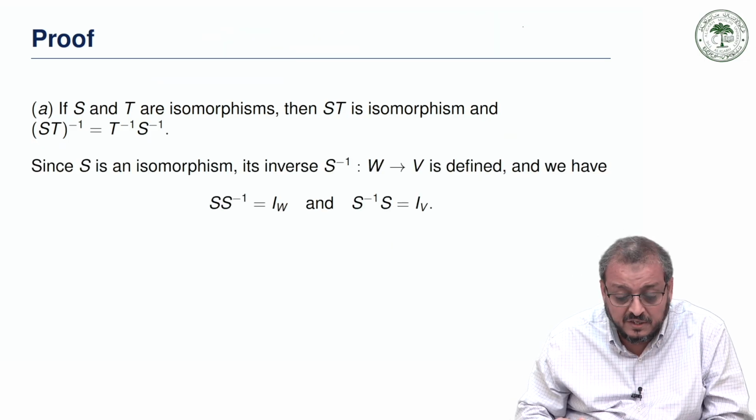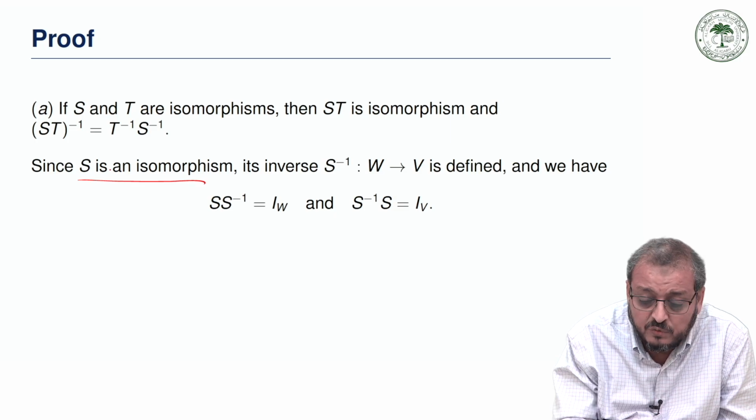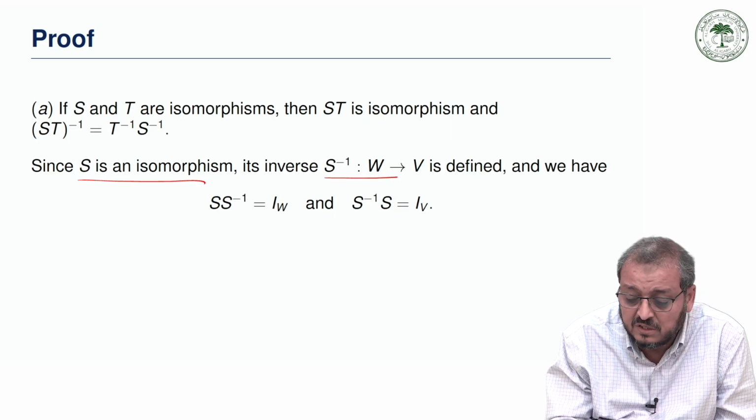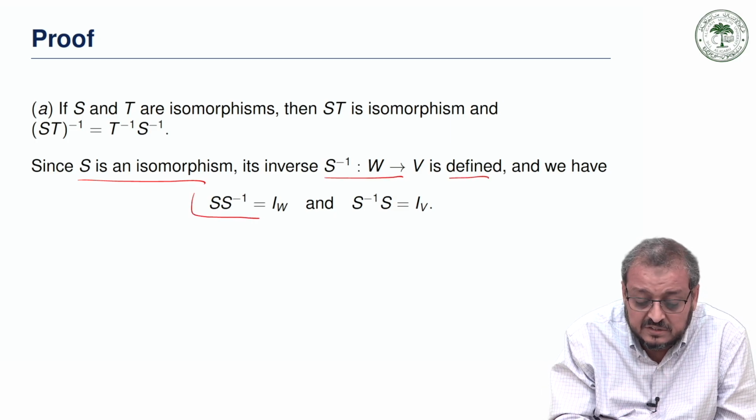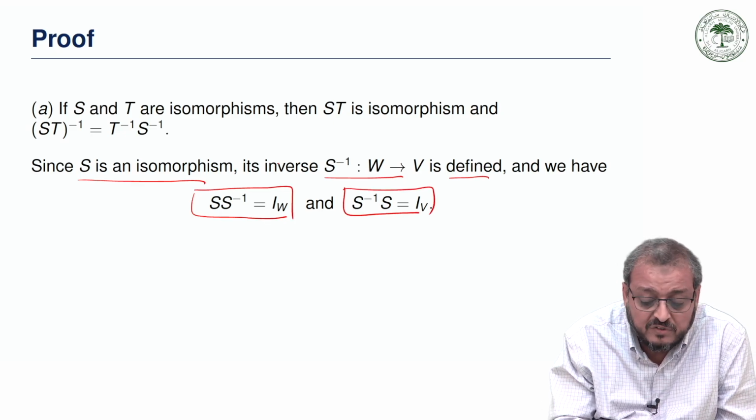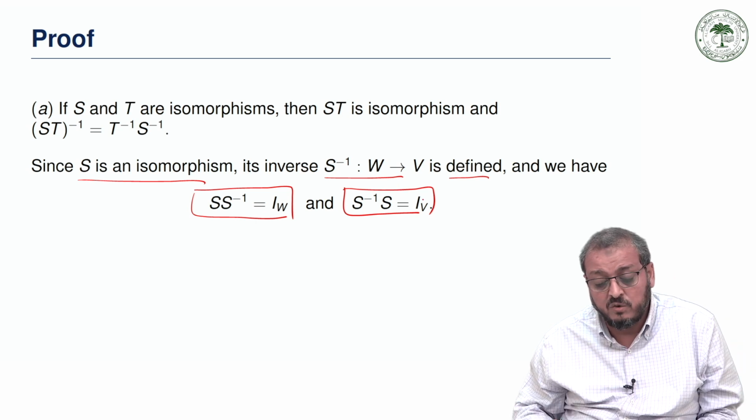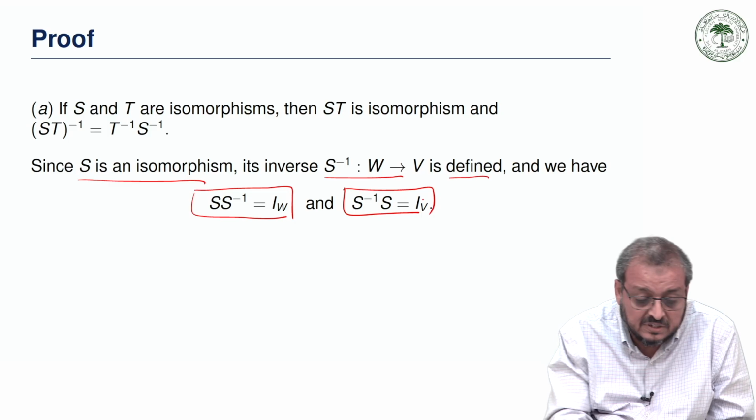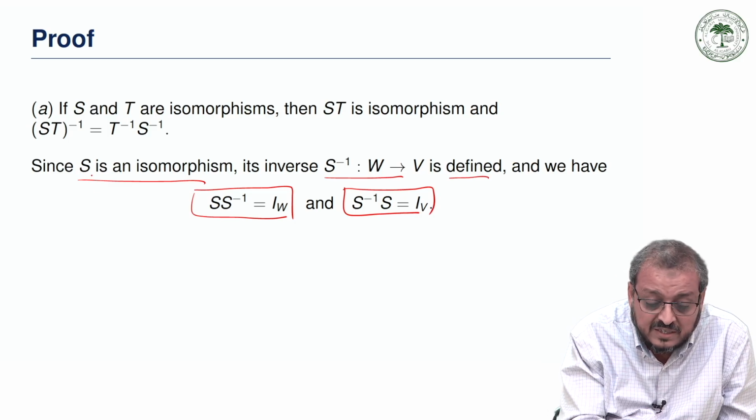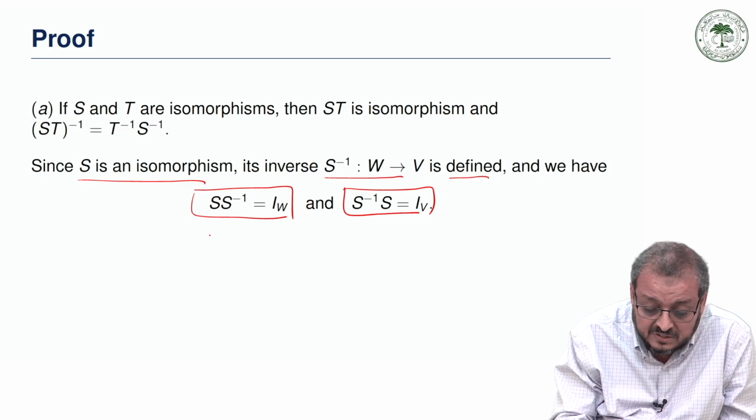Okay, since S is an isomorphism, S inverse is defined, and by the previous theorem we can say that S inverse exists, S inverse S is equal to the identity of W, and S S inverse is also equal to the identity of V, because it is an isomorphism. Since S and T are both isomorphisms, similarly T is an isomorphism, so we can say that